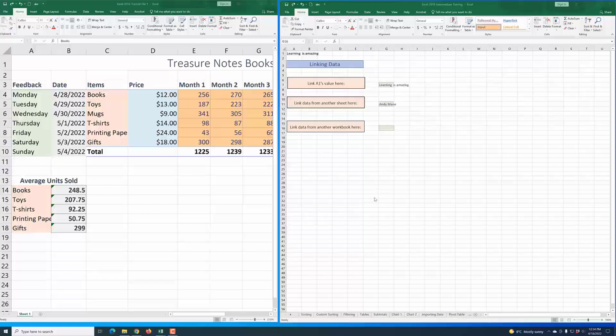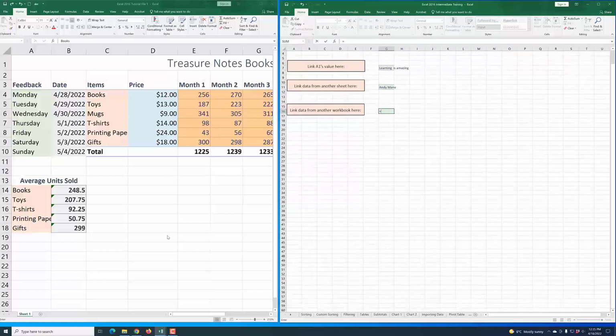The last thing I want to show you is how to link data from another workbook. Note that before you can do this, you have to have that workbook open, and once you do that, the process is actually quite similar. If you click on the equal sign and then navigate to the other workbook, in our case it's a new workbook, Excel 2016 tutorial file 1 is what I call it, and click on a specific cell that you want to link, for example this cell here,